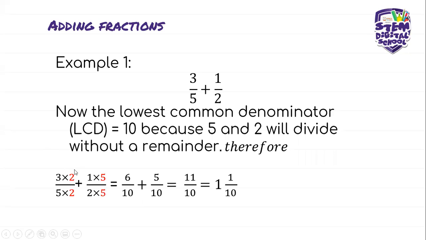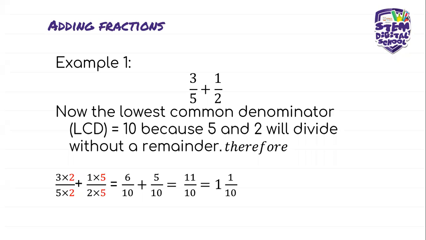And then the second fraction, which is a half, in order to have the LCD or the common denominator there of 10, you multiply by 5. 2 times 5 is 10. And always remember that whatever you do to the denominator, you must also do to the numerator. So what you do to the bottom number, you must also do to the top number so that you can keep the value of the